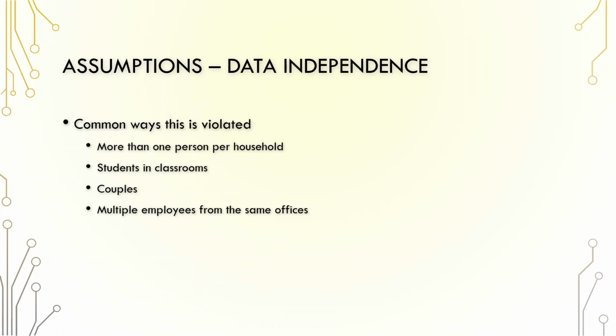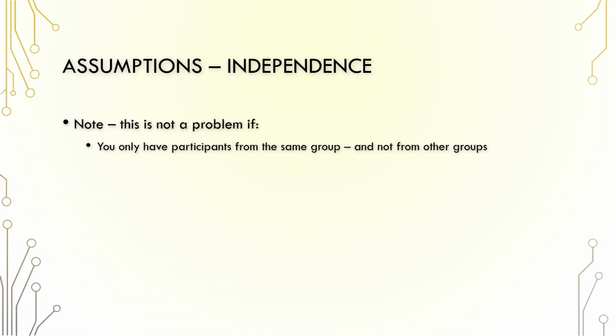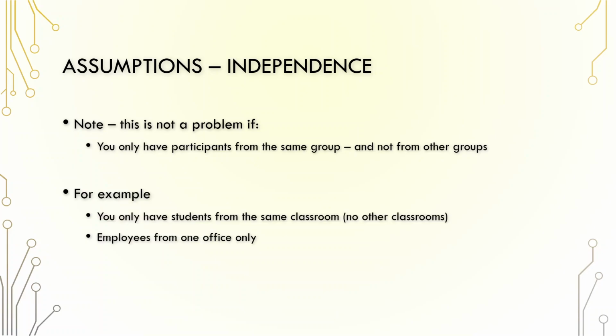Okay, so just a couple more things on this. This is only a problem if your participants are from the same group and not other groups. So it's okay to have people from families as long as you don't have multiple people from the same families. So going with the classroom example,